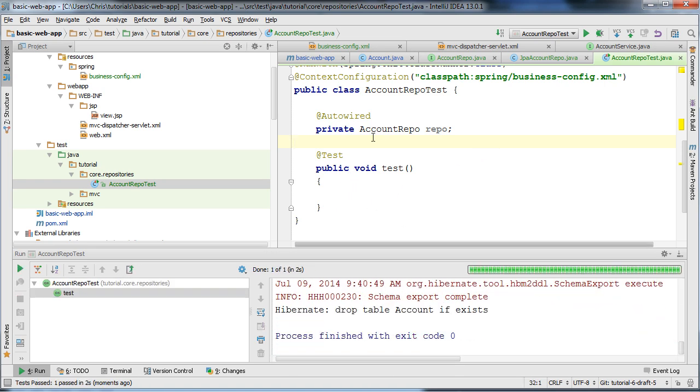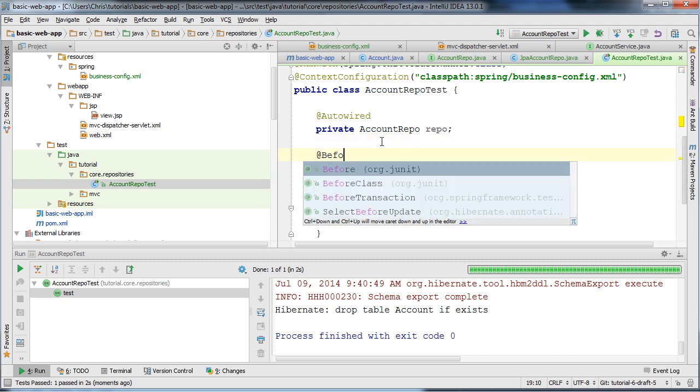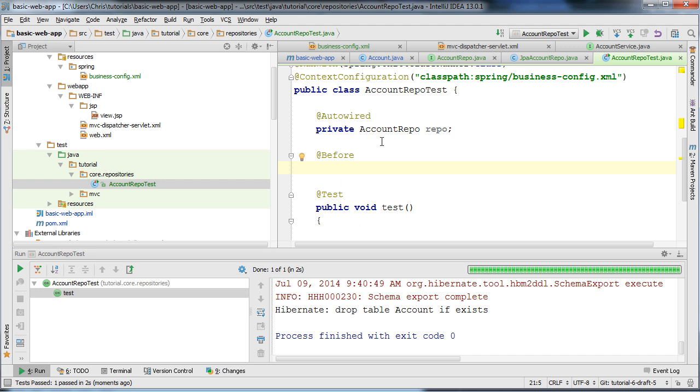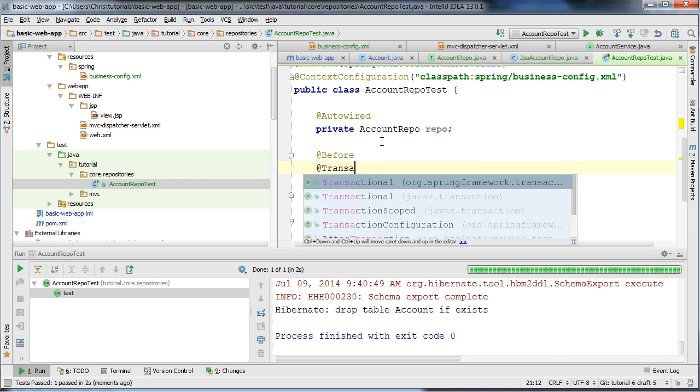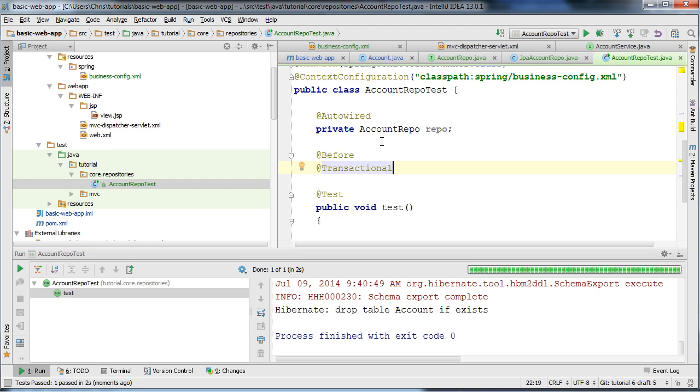Okay, so you can see everything's working properly. Now I'm going to create a setup method here. And inside our setup method, I'm also going to add @Transactional, because we're going to execute some methods on our repo, and it's important that our repo works inside a transaction area demarcated with @Transactional, so that we can have an entity scoped